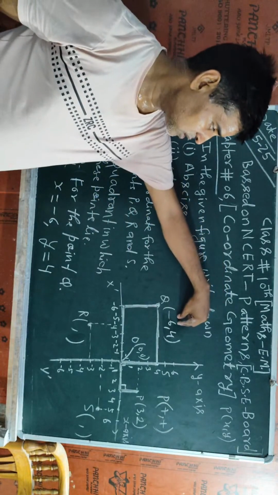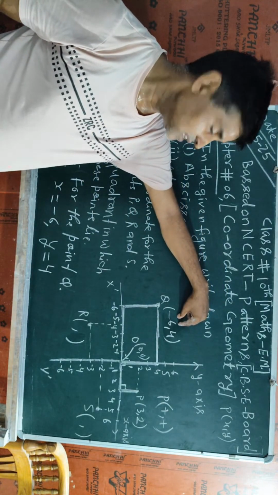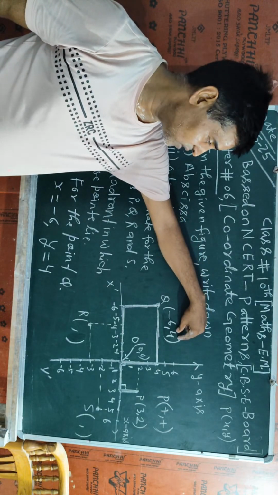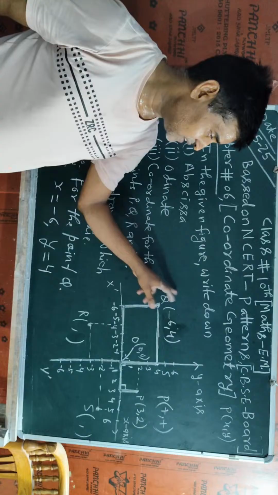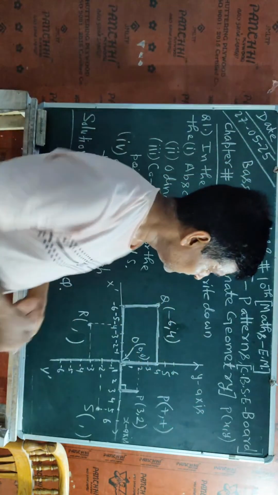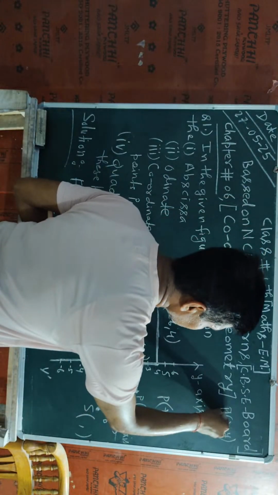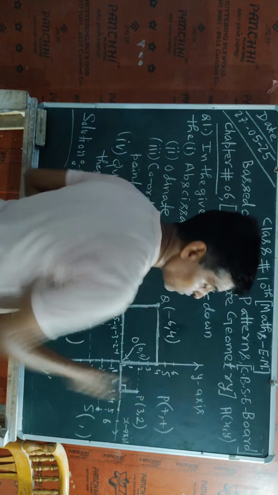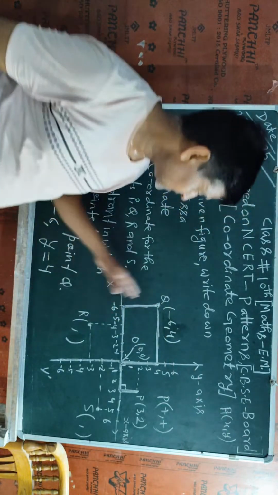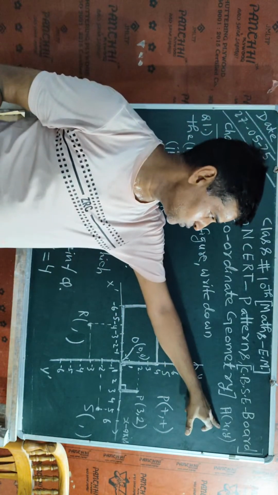-6, 4. The first coordinate is written as the value of x, and the second coordinate is written as the value of y. So any point is written in the form P(x, y). For the letter P, you can use any letter from A to Z. A is equal to (x, y). It means that any point can be written in this form. So first